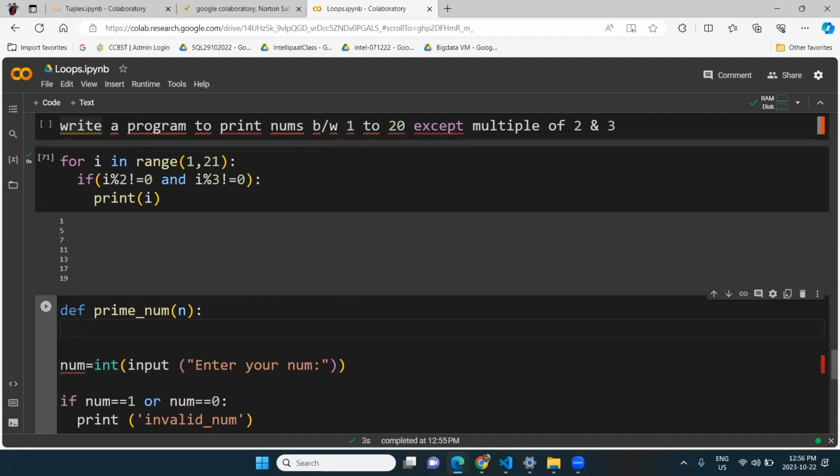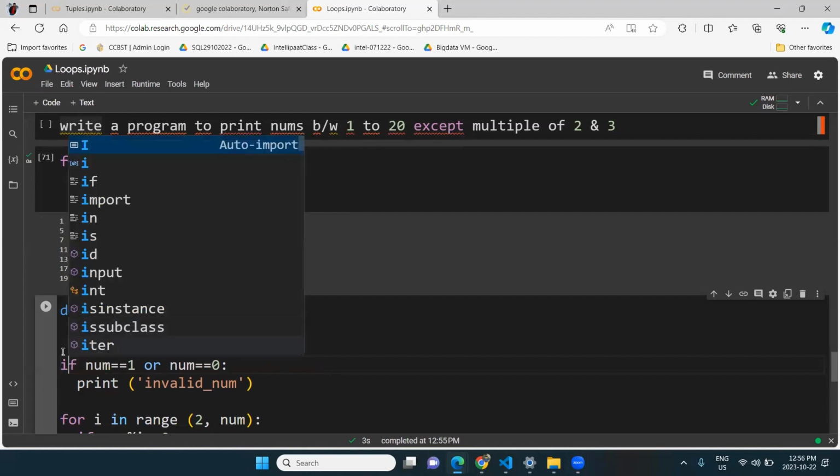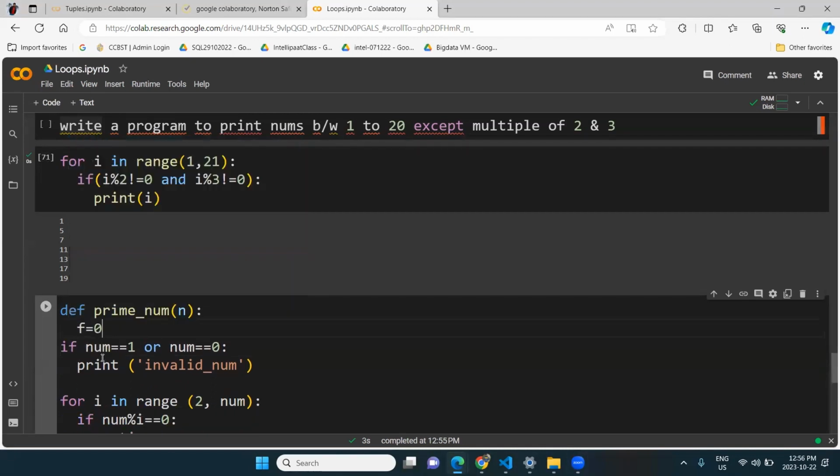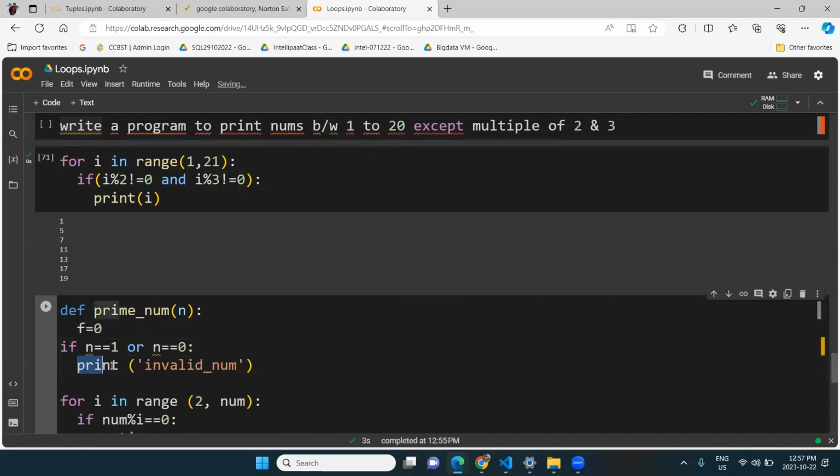If f is equal to... okay, somebody has given me a solution here. Instead of, I guess, break. No, break will not do that, so it will stop there. Okay, so f equal to 0. In the define prime function, f equal to 0. So if I say if n is equal to 1 or n is equal to 0, then say